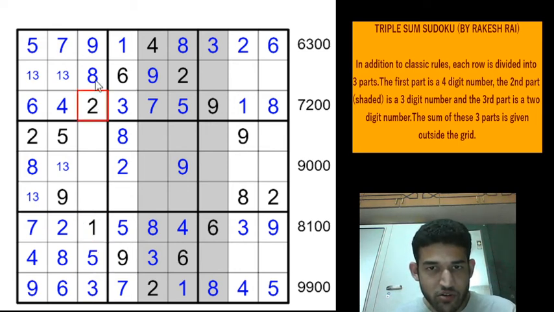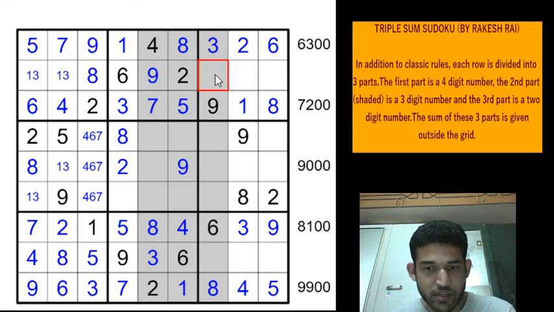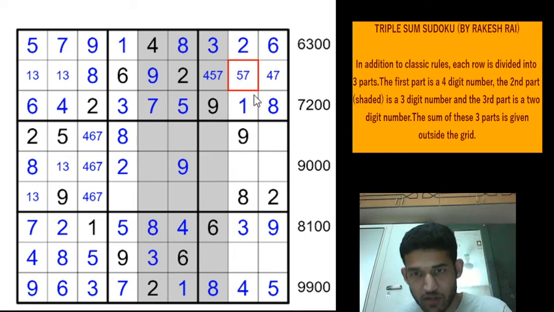1 3 5 2 8 9. So the remaining digits on that column are 4, 6 and 7. We can mark them, and row 2 can be completed with the remaining digits. 2 6 8 9 1 3 4 5 7 4 5 7 and 4 5 7. We have a 5 here, which means this will be 4 7. We have a 4 here, so this means this will be 5 or a 7.